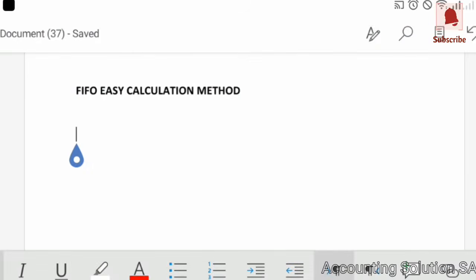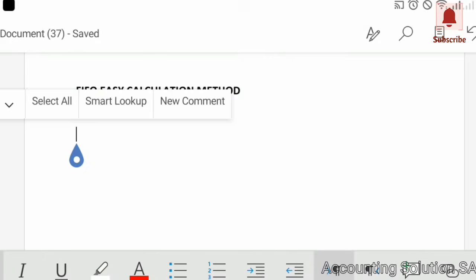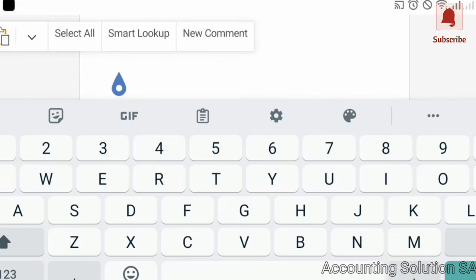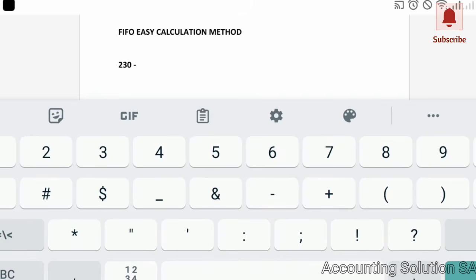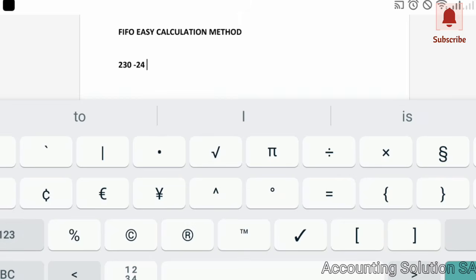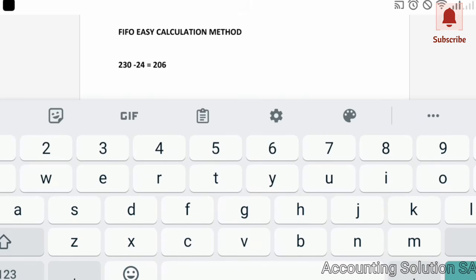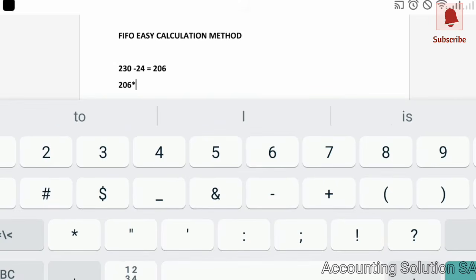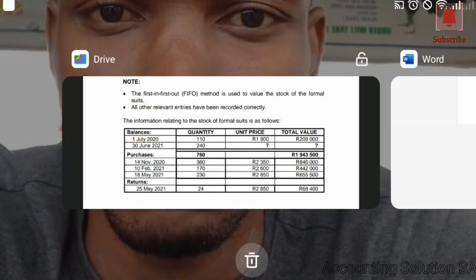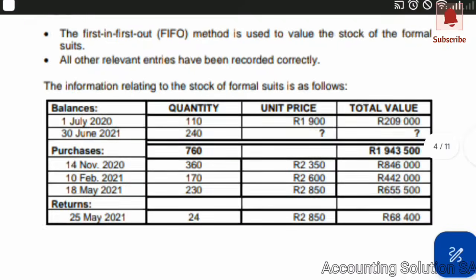Okay, let me go to my calculation. The first step, we said 230 minus the return, which we don't want to include in our calculation, which is 24. Then the first batch that we are going to calculate is inventory of 206. Okay, now let's start with our calculation. 206 multiplied by the value of that batch. The value of that batch is